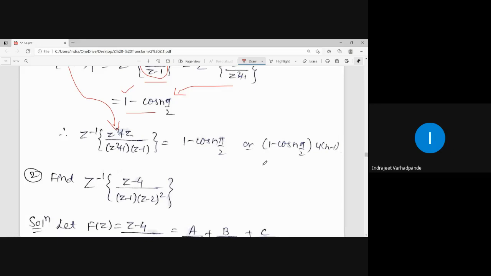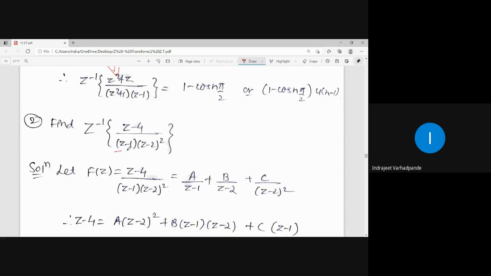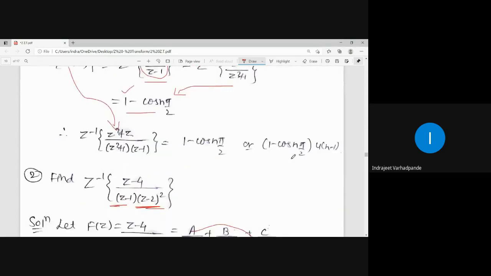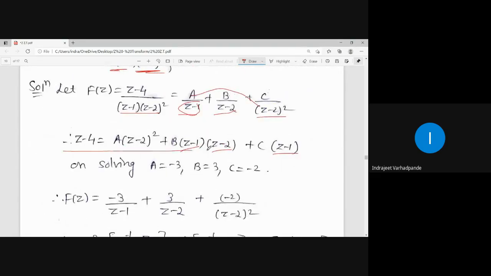So in this case one factor was the linear and other was the quadratic. अभी यहाँ पर देखोगे तो it is the linear factor and it is the linear repeated factor. So how you will resolve it as a upon z minus 1, b upon z minus 2, c upon z minus 2 whole square. इसका एलसीएम आएगा z minus 1 into z minus 2 whole square. What is absent over here? Z minus 2 whole square. What is absent over here? One z minus 1 and other z minus 2. And what is absent over here? Z minus 1. So writing down the terms properly in a sequence.